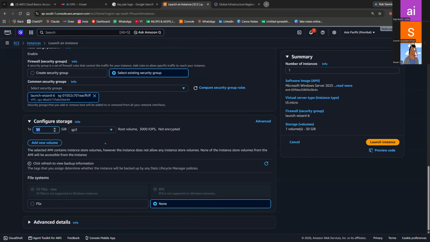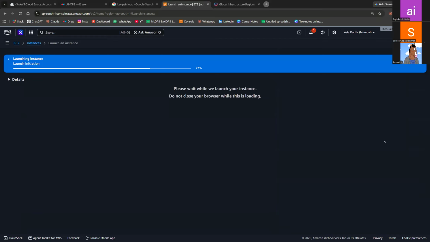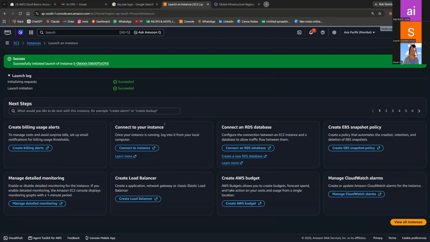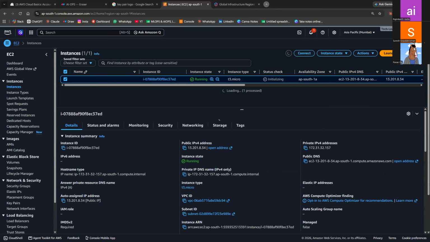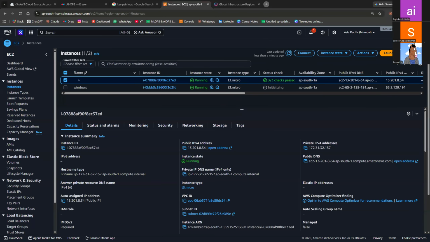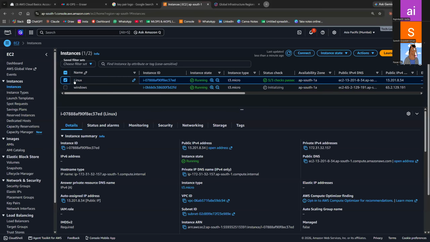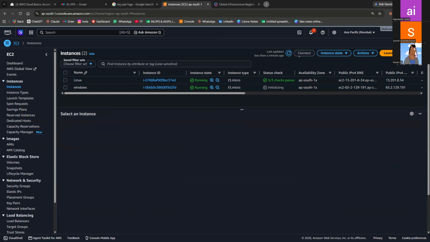If you just come down, launch instance. Okay, and succeeded. View all instances. Have two, Linux and Windows. Two are running right now.